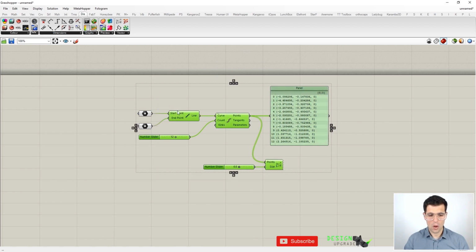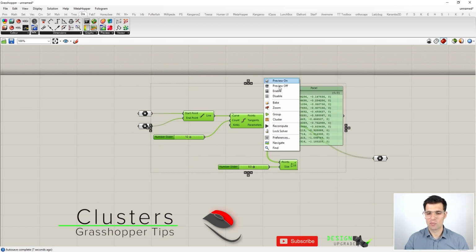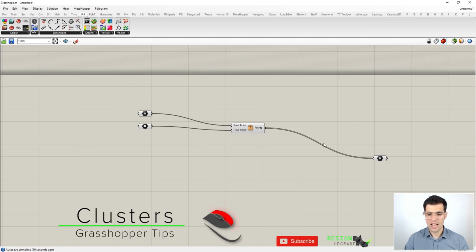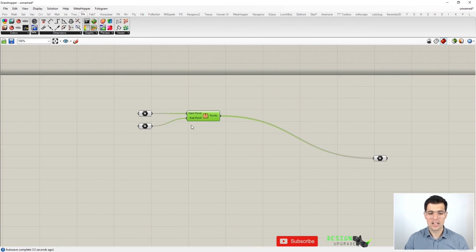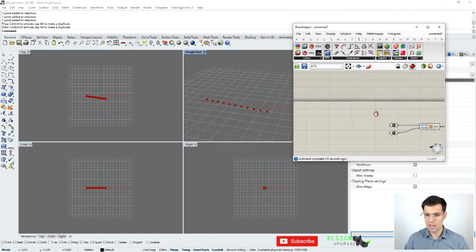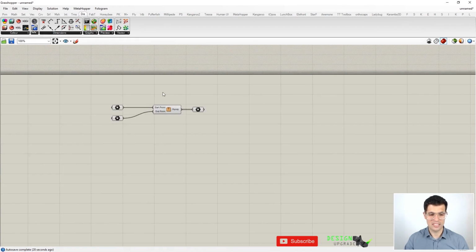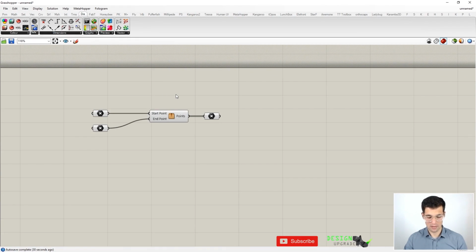And finally, let's see another option. So I'm going to separate this a bit, and I'm going to get another point parameter for our output point. And now what we are going to see is clusters. So if we select these components in the middle and right click in the canvas, we can select cluster, and we can see that all these components have turned into a single Grasshopper component, but this is actually doing everything that we were doing before. So creating the line, dividing it, and so on and so forth. But we are not going to see this option in this course very much,